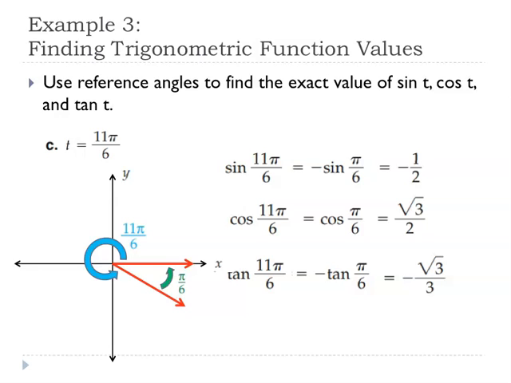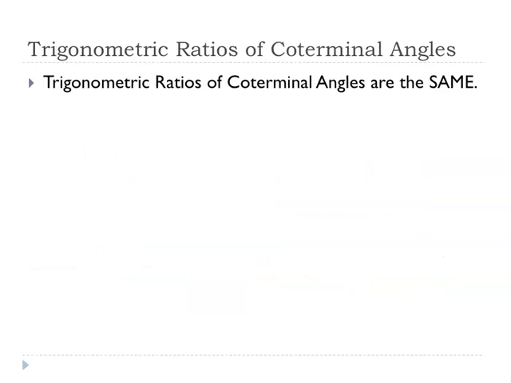Reference angles, we're using a different angle measure. In this case, we're using pi over 6 instead of 11 pi over 6. Pi over 6 is not the same as 11 pi over 6, right? It's not coterminal. They're not different ways of writing the same angle measure. Okay, so trig ratios of coterminal angles are going to be the same. Okay, so for example,